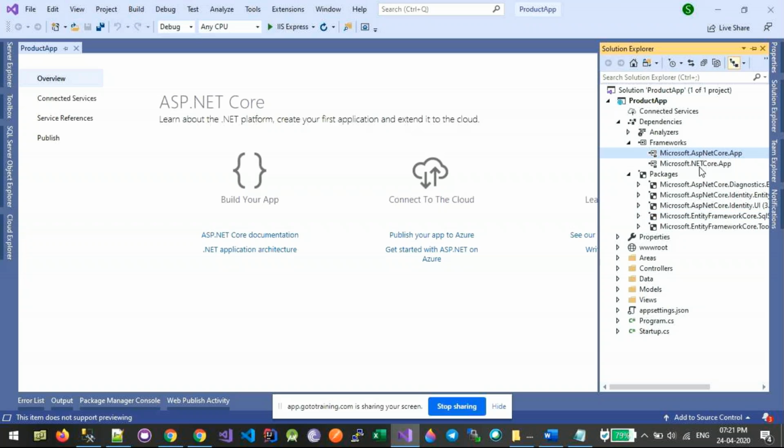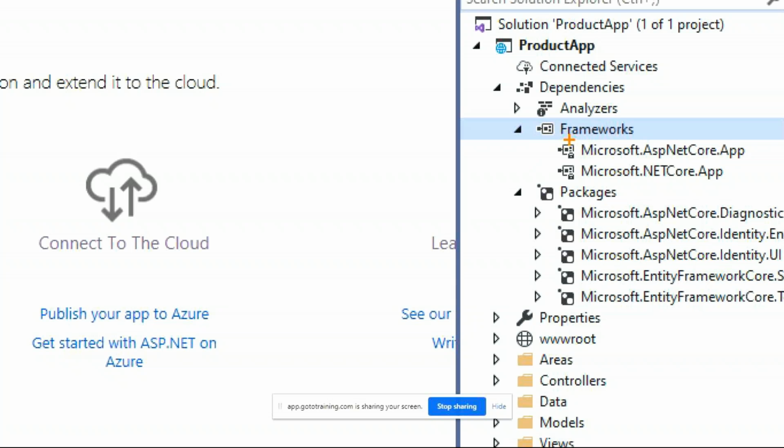There is a concept called meta package also. Whatever you see under frameworks, these are known as meta packages. Meta package means a package or a container for other related packages. So when I want to create an ASP.NET Core application, I will need, let's say, 10 dependent packages.